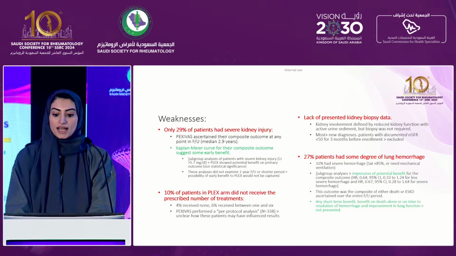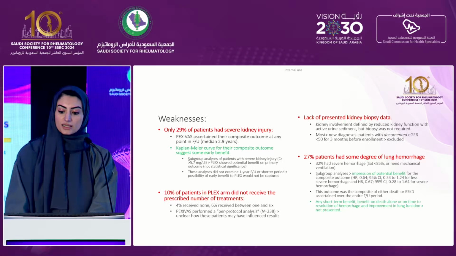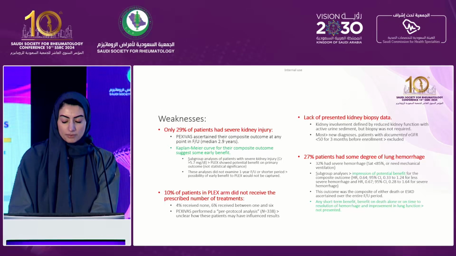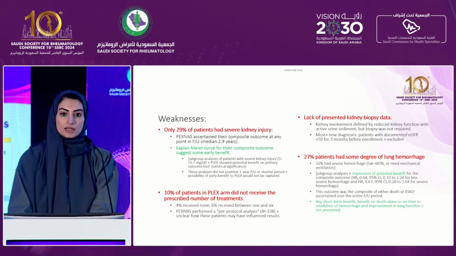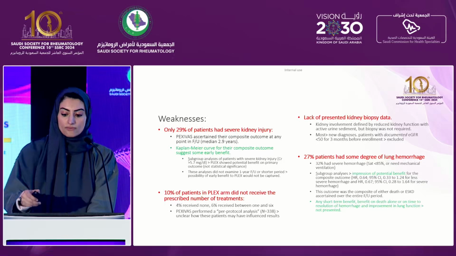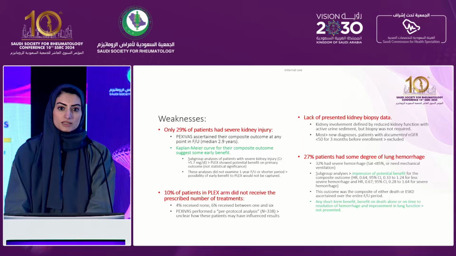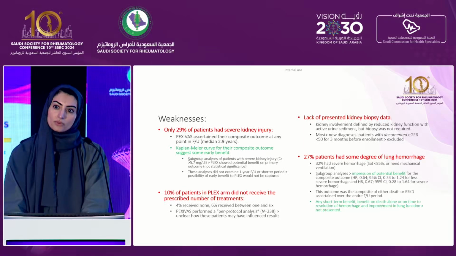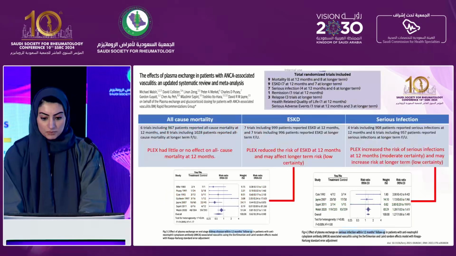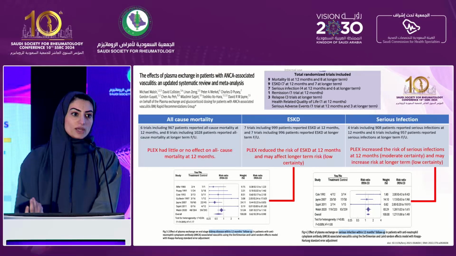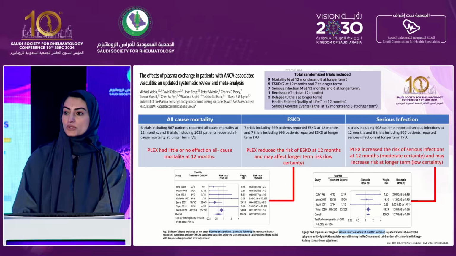The third is the lack of presented kidney biopsy data, and the fourth is that 27% of patients had some degree of lung hemorrhage. 32% of them had severe pulmonary hemorrhage. So again, the generalizability of the study, we couldn't generalize it. That's why, because of the weaknesses of the study and because we like to use PLEX,